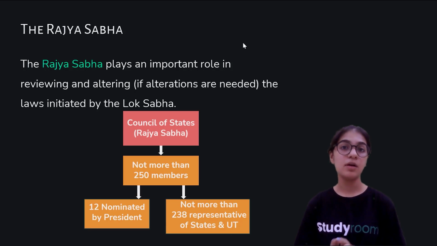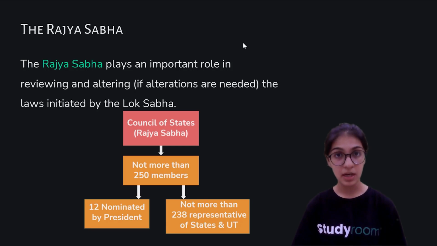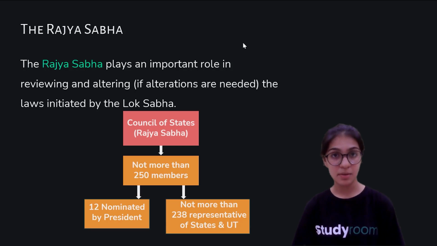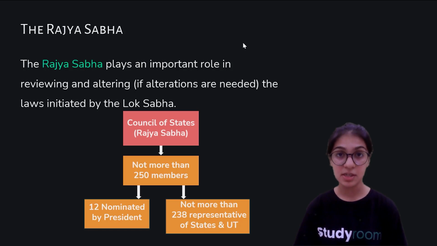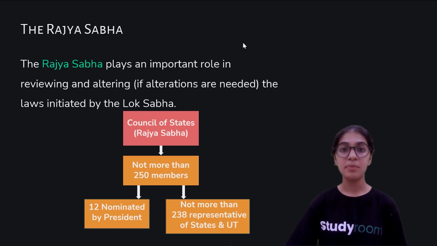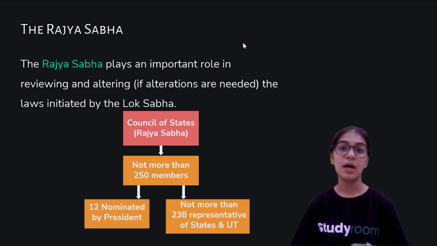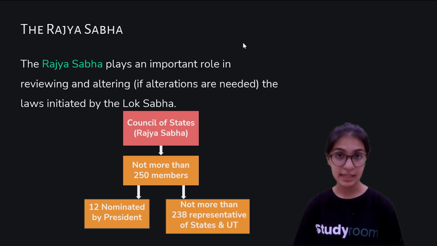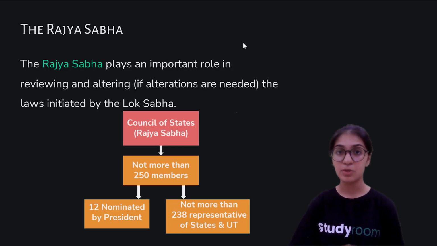Now to become a law, it first has to be written on the bill. A bill has to be passed in the Lok Sabha, and then it has to be passed in Rajya Sabha to become the actual law. Laws cannot become law directly. First it has to be passed in Lok Sabha, then in the Rajya Sabha. Then the president basically acts on the law that has been created. So first a bill is created, then it has to be passed from Lok Sabha to Rajya Sabha, and then